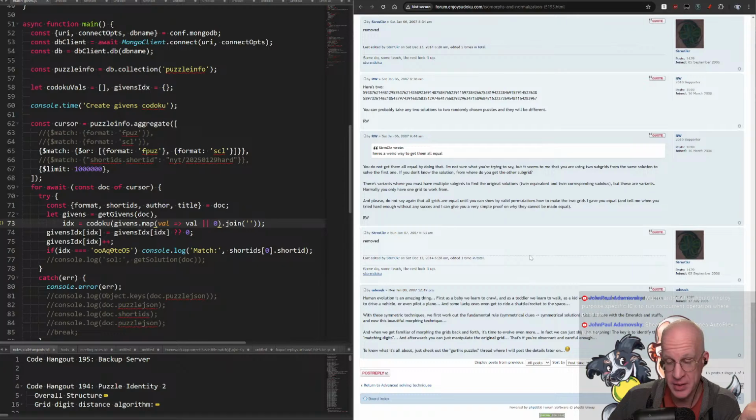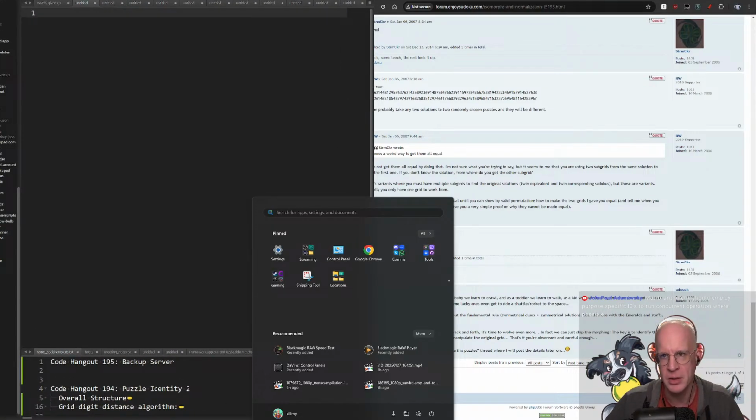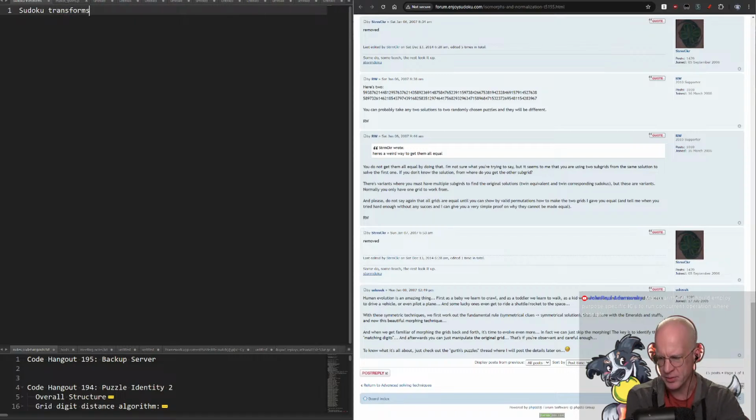I mean, if you know anything about normalizing puzzles, right? So basically all the transformations that make puzzles similar, right? So maybe we can derive it from scratch. Maybe that'll be actually a useful exercise, right? So let's see, Sudoku normal forms, right? Or transforms. I don't know what the word is, but basically transformations that don't fundamentally change the